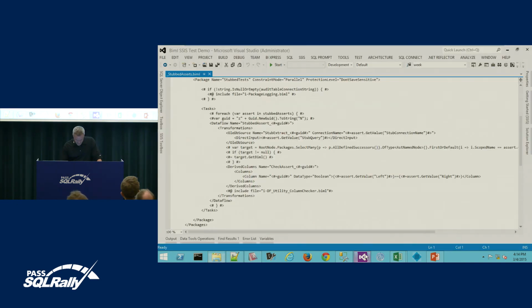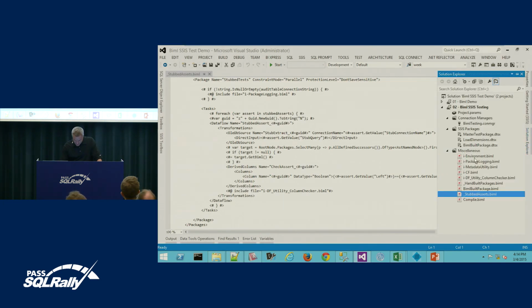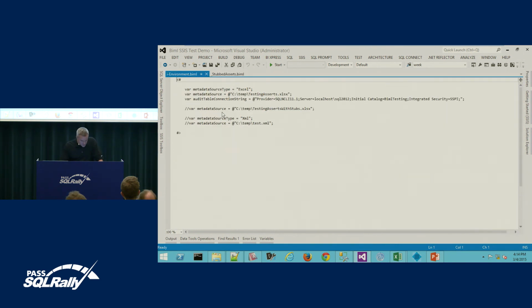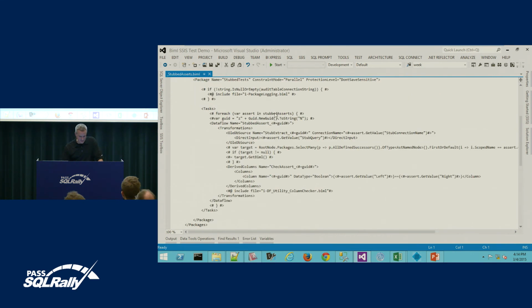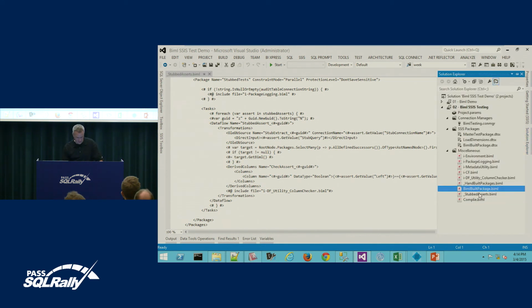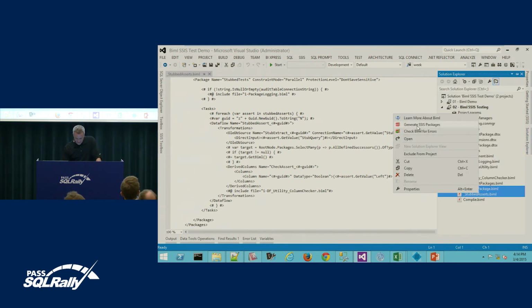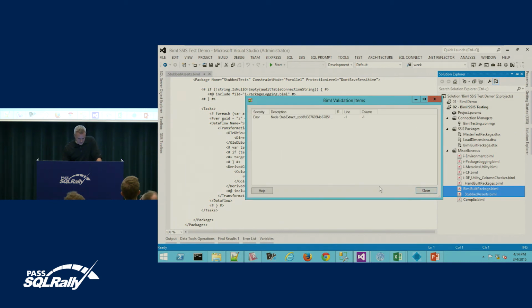And before I do that, I need to switch my connection over to the new stubbed asserts file. And if you've worked with include files, you have to save it for the include file. It will not pick up what's included until it's saved. So now I select both of them. I generate SSIS package,